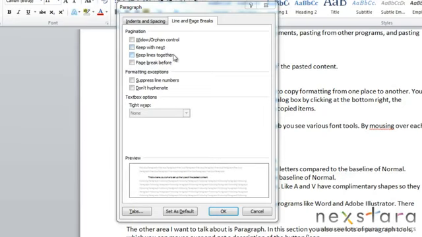Keep lines together will prevent a paragraph from breaking at all. So if this is selected, the whole paragraph will show on one page. And page break before, if this is selected, the paragraph will start on a new page. So this selection is very useful if you are writing a book and you want to make sure that a chapter starts on a new page every time, or perhaps you have section titles in a document that need to start on new pages. So if you select page break before, this will ensure that the paragraph starts on a